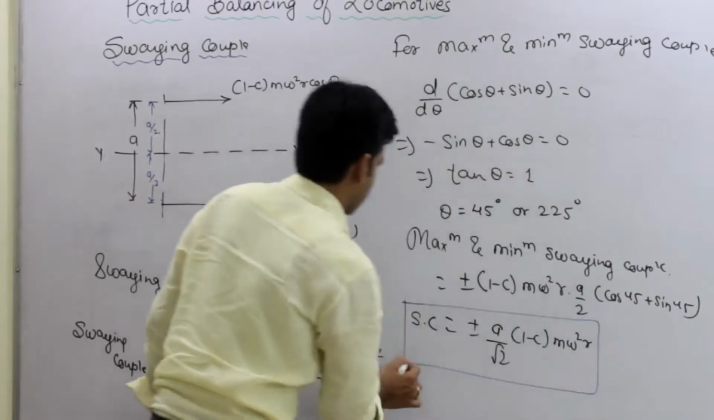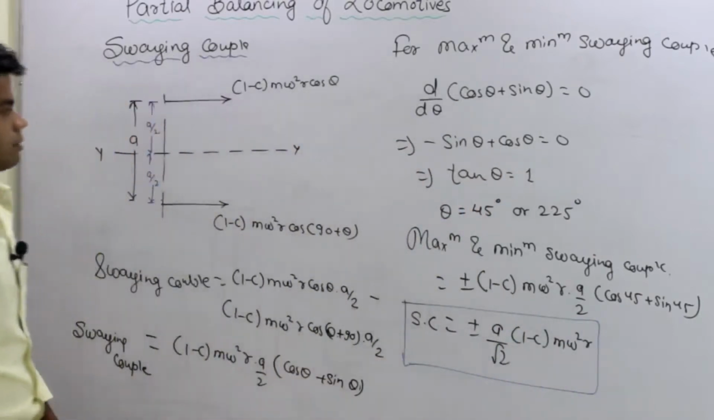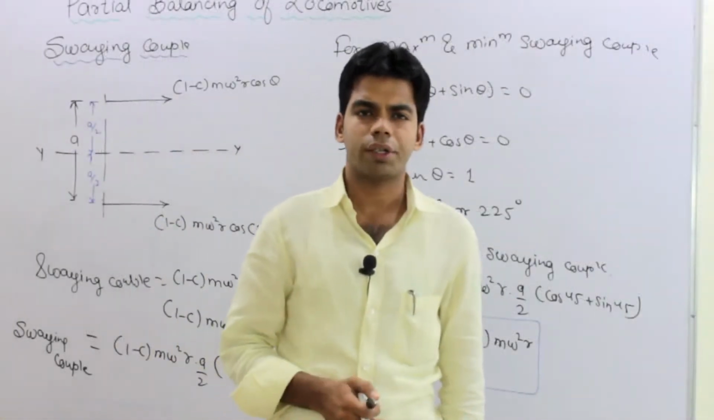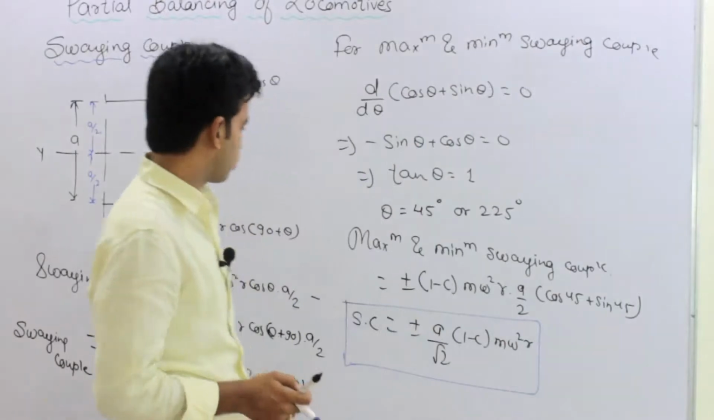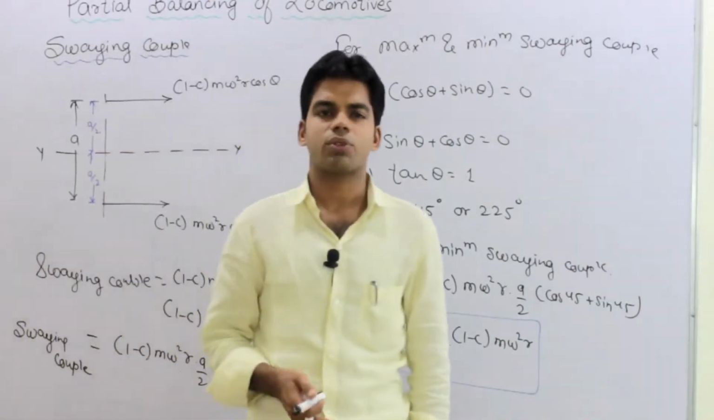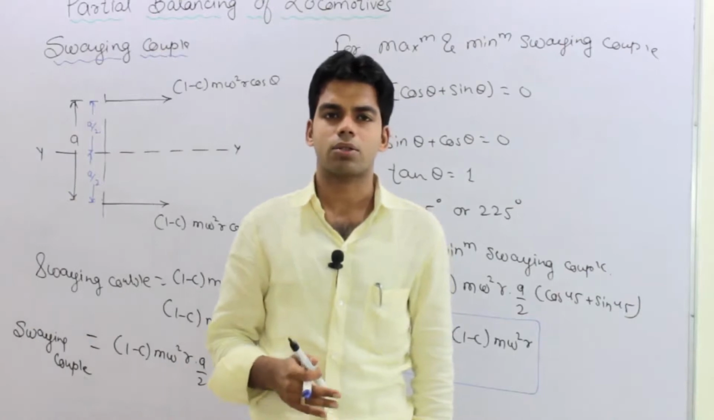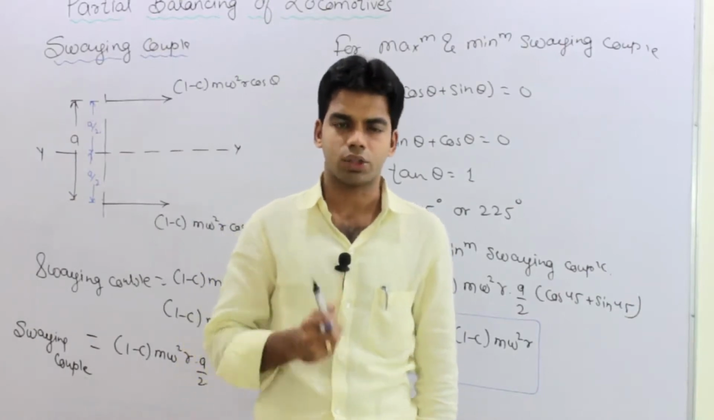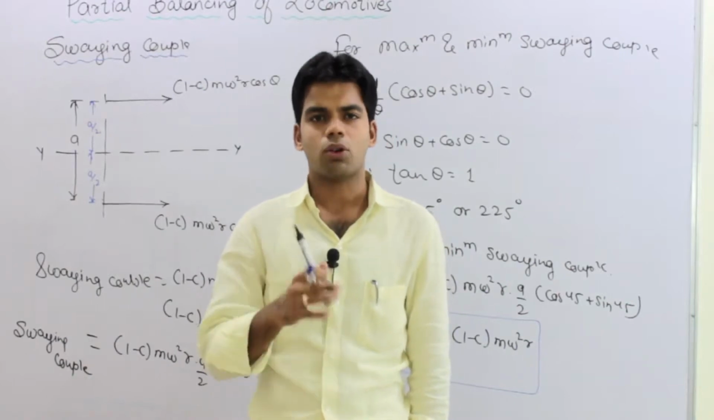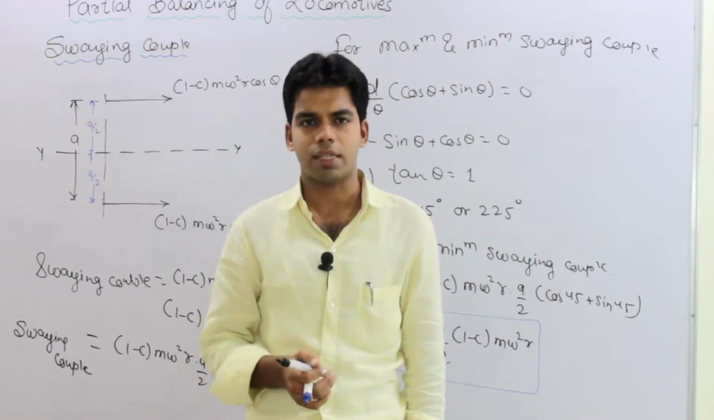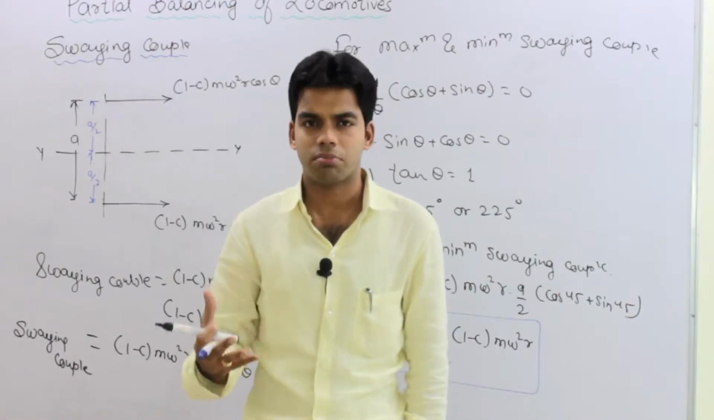Getting this now? Okay, so in this way we can calculate the maximum and minimum value of tractive force and swaying couple. So what can be done in order to reduce this swaying couple? In order to reduce it, we will have to put a balancing mass. But as we have seen, the balancing mass also has an effect perpendicular to the direction of the line of stroke, and because of which we partially balance, not completely, we partially balance by a fraction